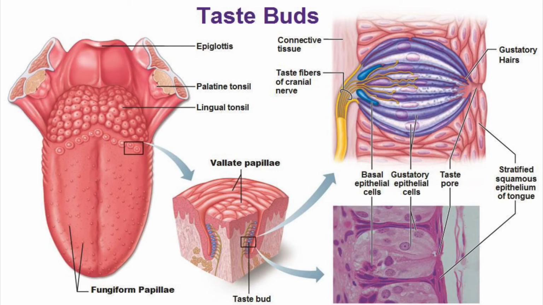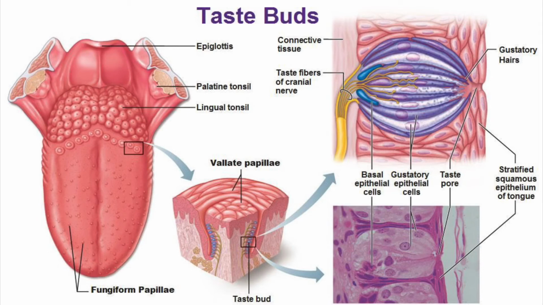Gustatory epithelial cells are our taste cells. These are going to serve as our receptors. And they have a long microvilli at the end that is called the gustatory hair. This part of the cell is very sensitive to chemicals. And the reason I say chemicals is because taste is a chemical sense, and it can detect chemicals that are